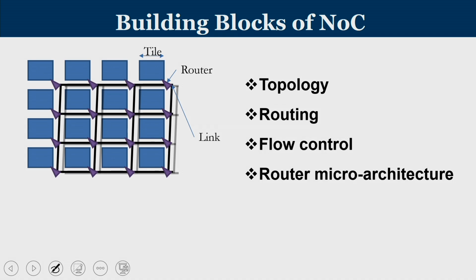Now, looking into the building blocks of network on chip, basically we have a topology, and then the routing will tell you how to send the packets, and then we have flow control and router microarchitecture. In this course, we will be just briefly touching upon all these aspects, just to get a flavor of how the interconnect mechanism works. We are not going deeper into flow control and router microarchitecture studies. So, in today's lecture, we will work on what is topology and what are the basic routing principles.